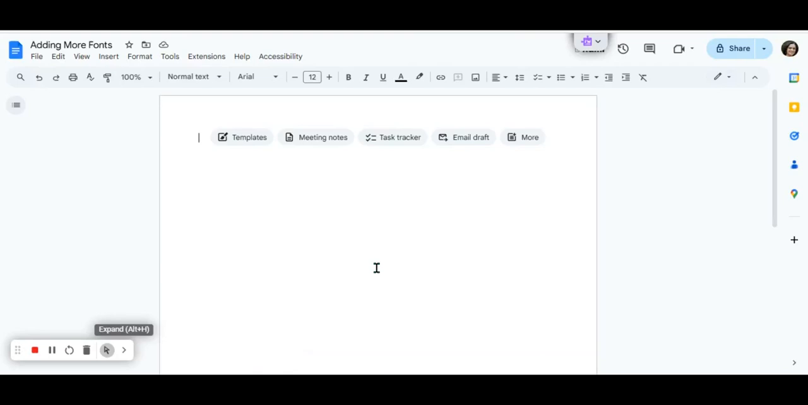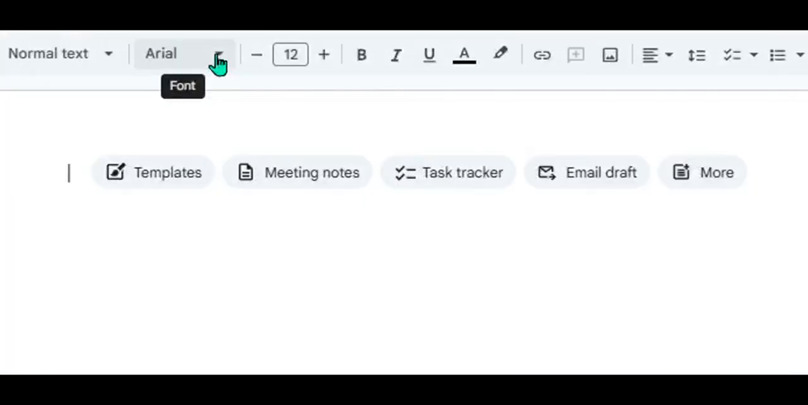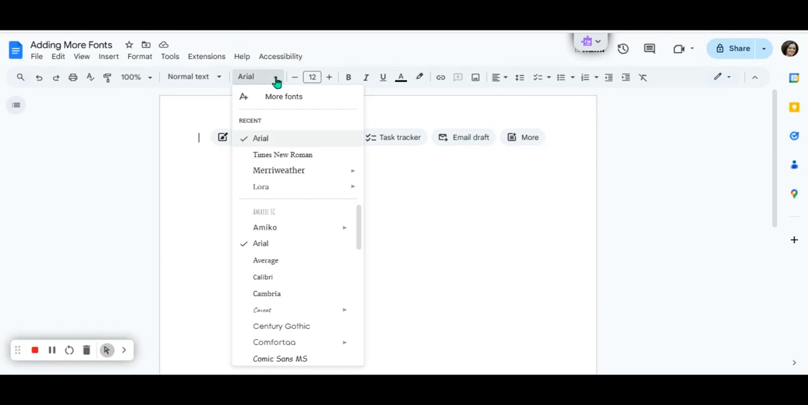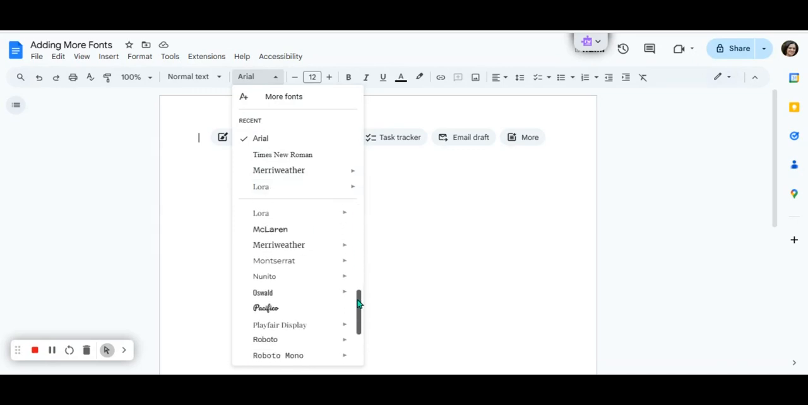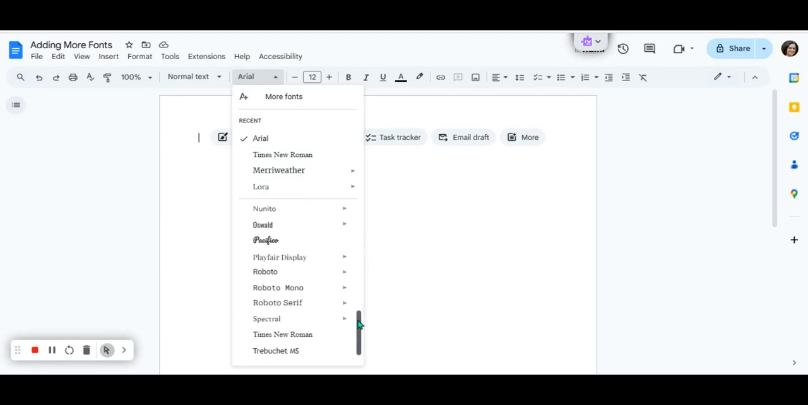This video will show you how to add more fonts to the font library that you have in Google Docs. Most of the time when you open Google Docs, the default font is Arial. When you click the drop-down menu, you get to see the fonts you have used recently, and then if you scroll down, you're going to see all the other fonts that are available to you in your Google Doc font